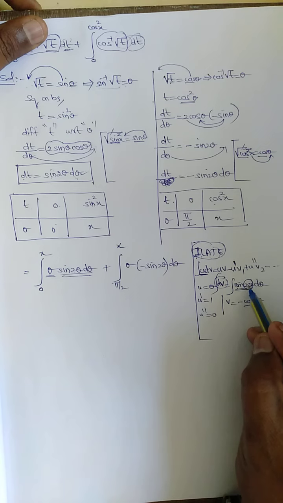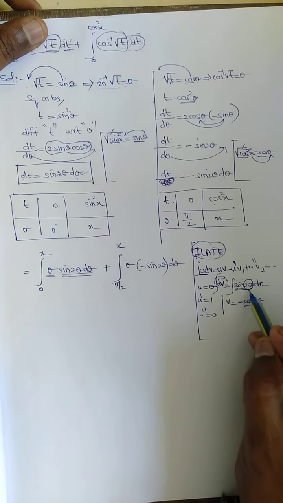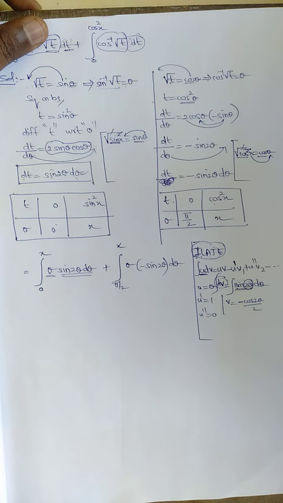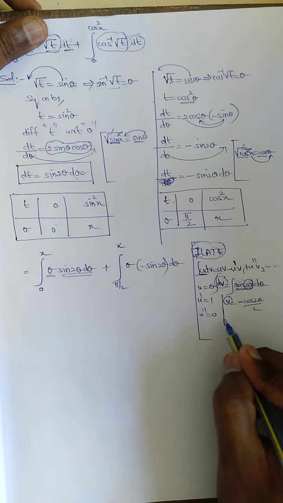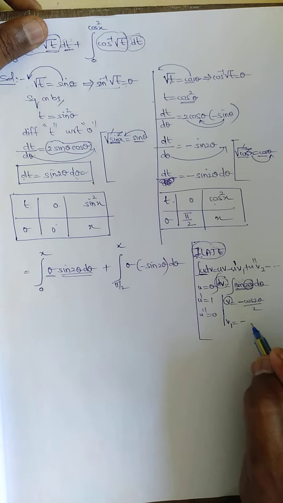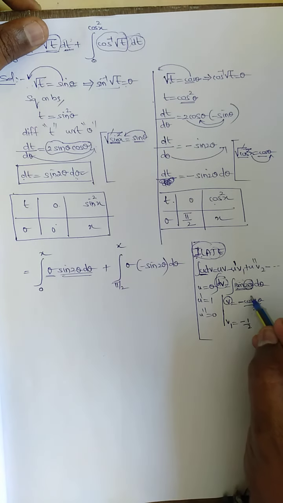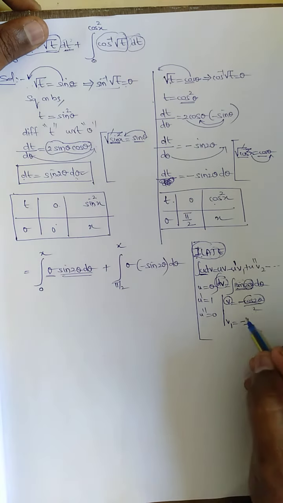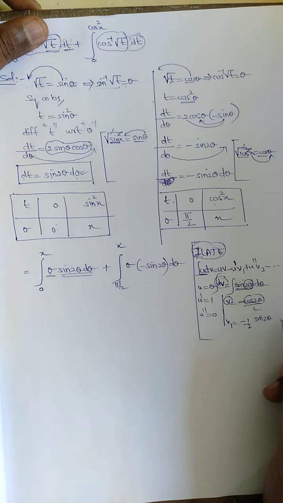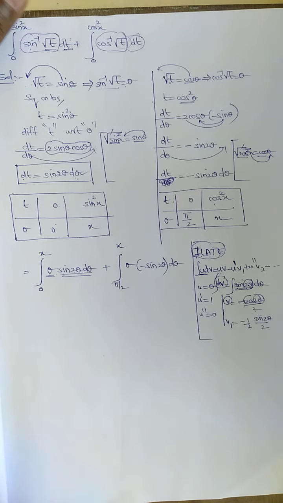So sine 2 theta, sine integrated is nothing but minus cos 2 theta, and for 2 theta differentiated we need to put 2. So this is v. Next, the integration of v is v1. Minus 1 by 2 is a constant. Once again cos 2 theta: cos 2 theta integrated is nothing but sine 2 theta. Once again the differential of 2 theta is nothing but 2. This only we need to put carefully.